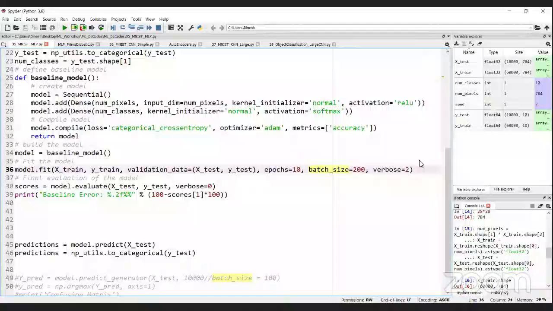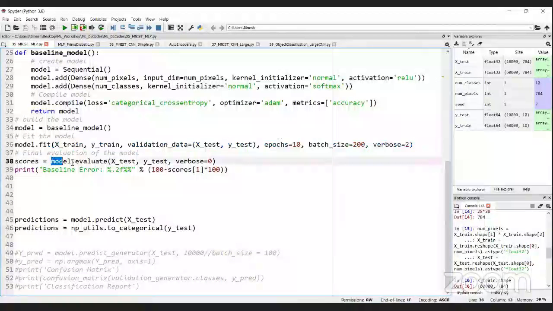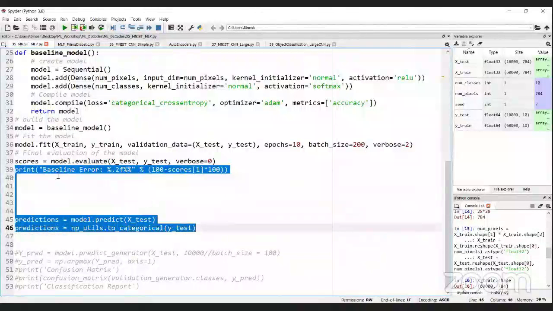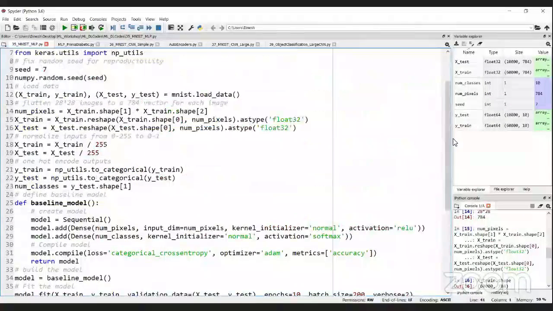Finally, once the model is fit, I evaluate the model. Model.evaluate means I am testing the model. I am using the same validation set, the testing set, to test the model performance. And there are a few statements to print the baseline error and prediction accuracy, and so forth.